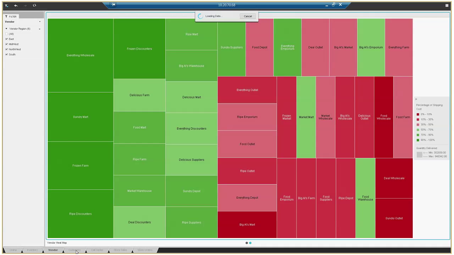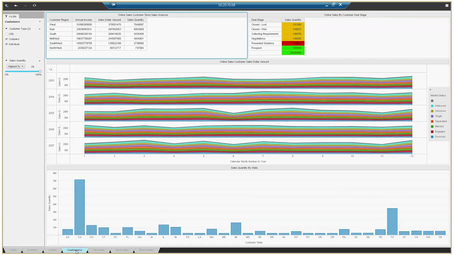So the other tab I'm going to navigate to is the Customers tab. This tab breaks information out by our customers and over time, and you'll be able to see that this information we have by calendar month, and it also breaks it out by marital status. In the upper right-hand side here, you can see the sales broken out by the deal stages that we have. You can see there that we use Salesforce, and our sales reps